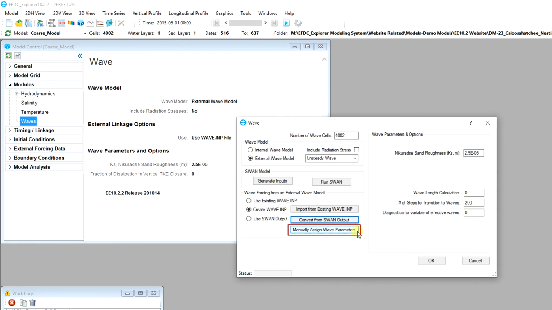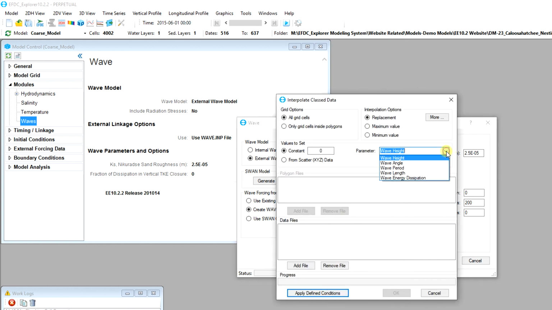The user can also manually configure the input files for waves. The user must match the input data file to the parameter specified on the drop-down list wave field parameters. The user can either have wave height, estimated as 2 times the wave amplitude, or wave energy. EE will compute one from the other. The user has the option of using a polygon to select which EFDC cells will be used for the assignment. If a polyfile is not selected, then the assignment operation will be for the entire model domain.